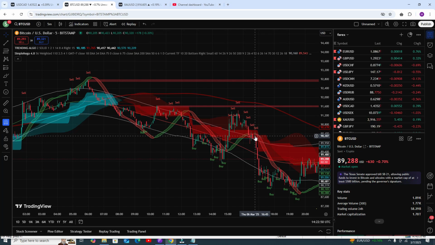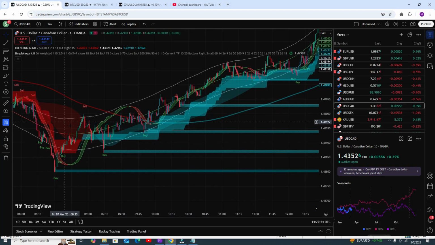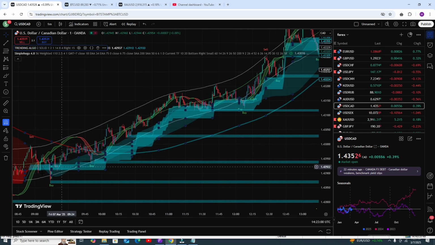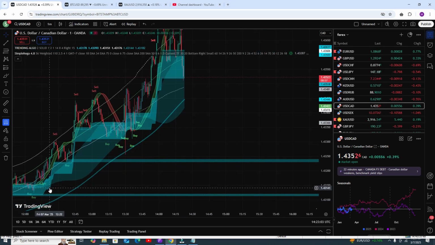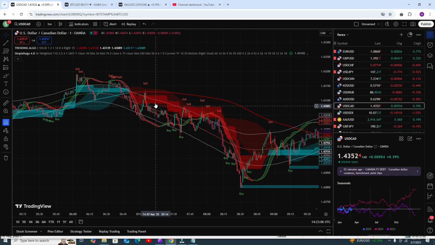Here you can see another example. Let me show you more results. Follow the trend and follow the signal. Blue trend means buy trend, so you need to follow the buy signal. And when the trend is on the red side, let me show you, you need to follow the sell signal and go on to consistently higher profits.